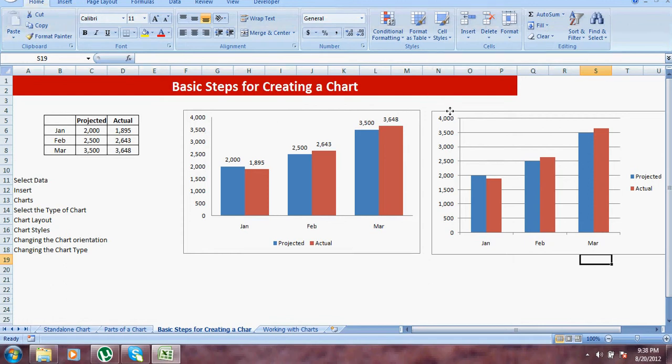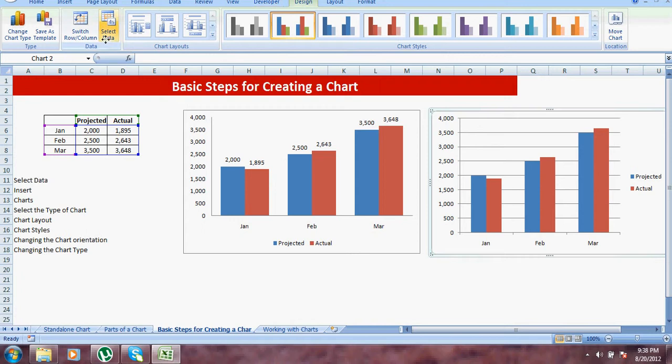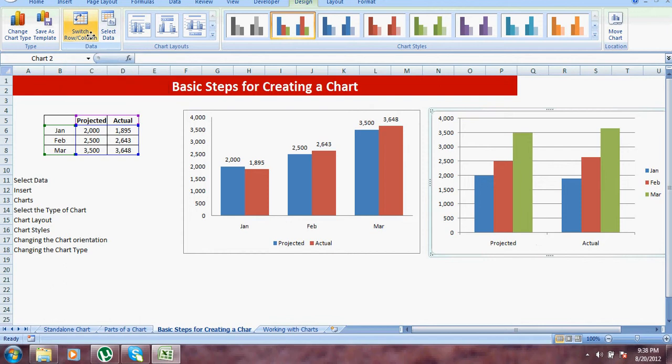Now once you select the chart, you also have the option of changing the orientation of data. As of now, data is on the horizontal axis, you have Jan, Feb, March. You can switch row and column data. So on the horizontal axis you will have projected and actual data. Okay, so this is a toggle command, and you can change the orientation of your data, but you have to